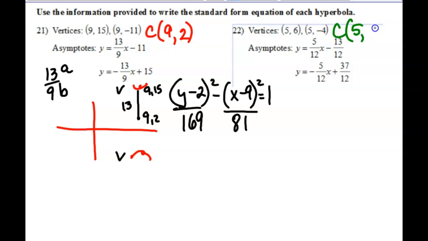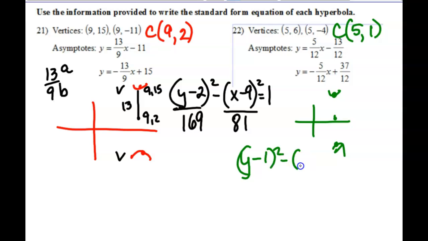What's 6 plus negative 4, guys? 2 divided by 2 is 5, 1 is the center. Okay, is this opening up, down, left, right? Over 5, up 6, over 5, down 4, over 5, up 1. Okay, my scale is really bad, but it's opening what? Up and down again. So it's y minus, thank you, squared minus